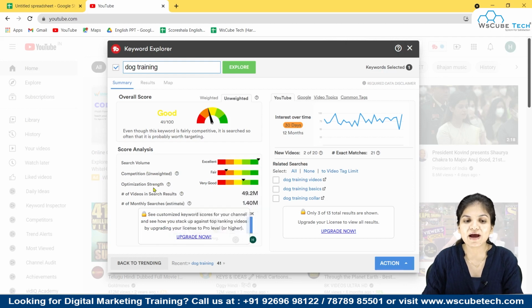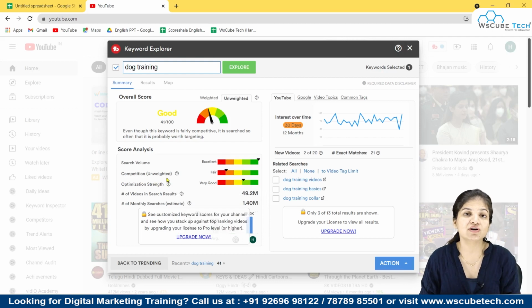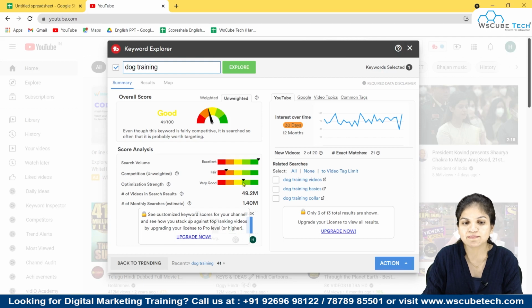And this is the optimization strength: it shows whether your competitors who have created this type of video have optimized their videos well or not. It means your competitors have the knowledge of YouTube, they know how to optimize their videos, and that's why their videos are ranking. Otherwise, if this is in the red or not very good, then you can simply use it.